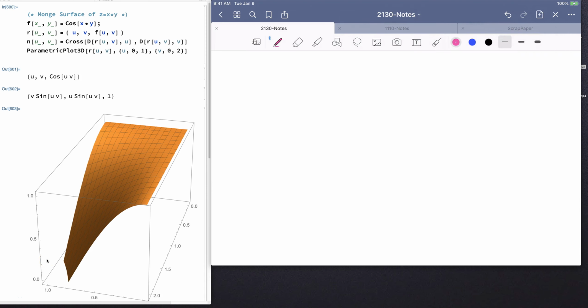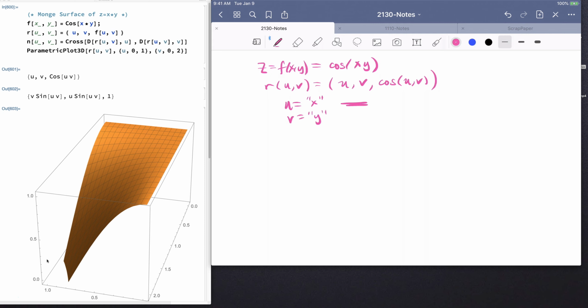Alright, in a previous video we looked at Monge parametrized surfaces. So for example, if you had z is equal to f of x, y, a surface given, in this case maybe it was cosine of x times y. Then you could create a Monge parametrized surface, which is a vector valued function, and essentially we are using u's and v's to represent, in this case, u is equal to our x variable and v is equal to the y variable. Okay, and then from that Monge parametrized surface we can compute partial derivatives r_u cross r_v, and that